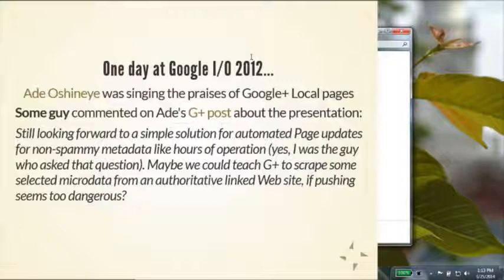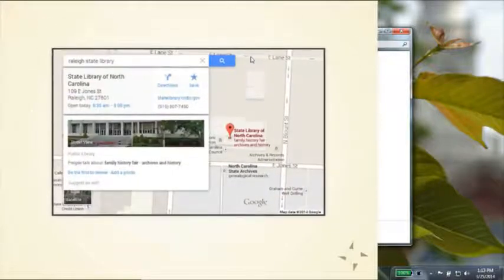And so, being a bit of a devil's advocate, I asked, wouldn't it be nice if Google Plus had a write API so that we could push the data to it, rather than have yet another spot where we need to maintain all this information, right? It's hard enough keeping it accurate just on our own institutional web pages, let alone a whole bunch of other social media sites.